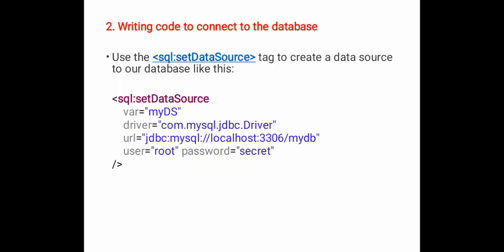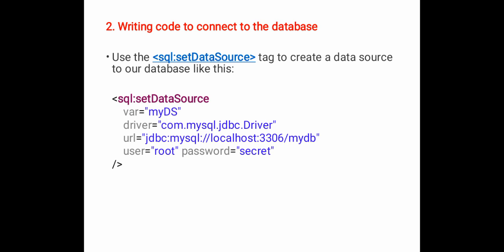Now the second step is code to connect to the database. We have created the table and database inside MySQL. Now with the help of this database, we are capturing the data of the database on a JSP page. Now what is the step to connect to the database? Use the sql:setDataSource. It is the JSTL part. We know that SQL is a part of JSTL.